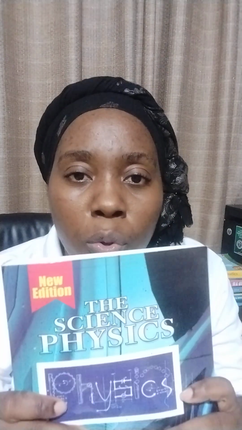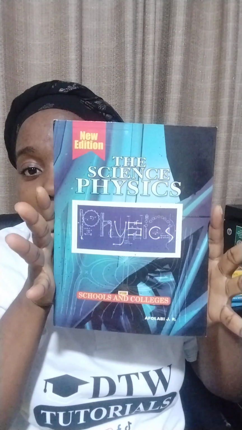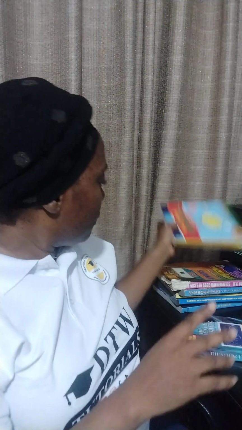Look at this. You are doing physics, the science physics. You need this book. Can you see this? Go to a bookshop and get this book. Mathematics, this book. There are several books here, but I would state all your recommended textbooks. I think I'm going to drop that on the Facebook group. That's another piece of information. Don't worry, I'm just starting now to give you all the information that you need.